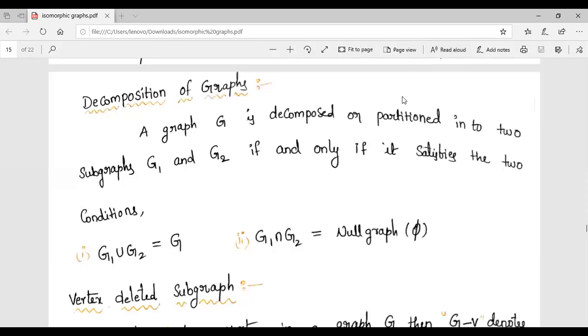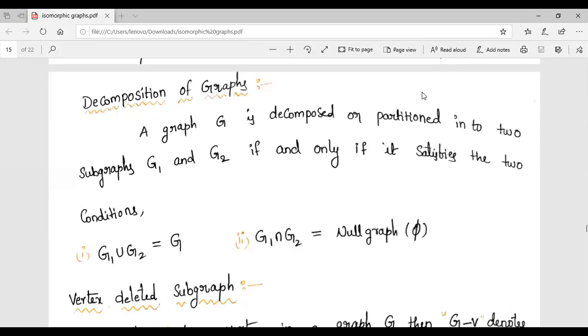In the last class, we discussed operations on graphs: union of graphs, intersection of graphs, sum of graphs, ring sum, product of graphs, complement of graphs, and merged graphs. In today's class,